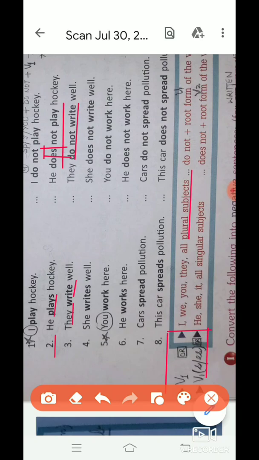Look in the box, children. The blue box here, I have mentioned there two ways to remember the rule. Either you can focus on the verb or you can focus on the subject. If your verb is V1, or the other way, if your subjects are plural including I and you, the negative in present tense will be formed using do not plus root form of the verb. And this root form, while teaching you simple tenses in my previous online session, I have told you is the V1 form of the verb.